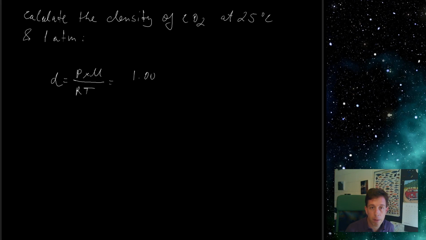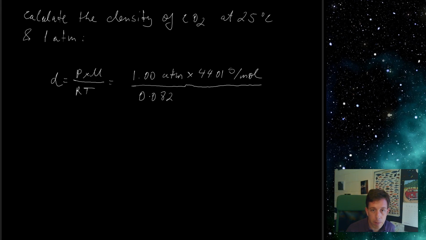We have 1 atmosphere times the molar mass of carbon dioxide, which is 44 grams per mole, and divide that by R, which is the ideal gas constant, 0.08206 liters times atmospheres over mole times Kelvin is the unit, times the temperature, which in this case is 25 degrees, so it's 298 Kelvin. And we calculate this, and we obtain a density of